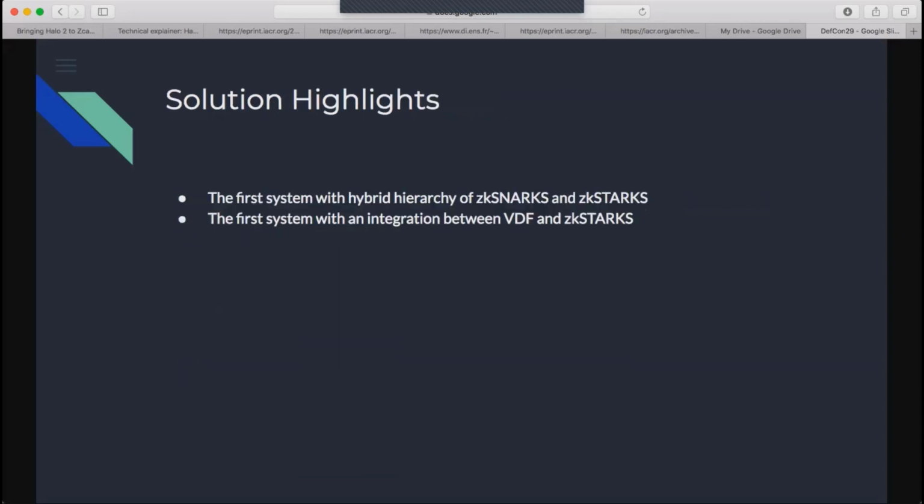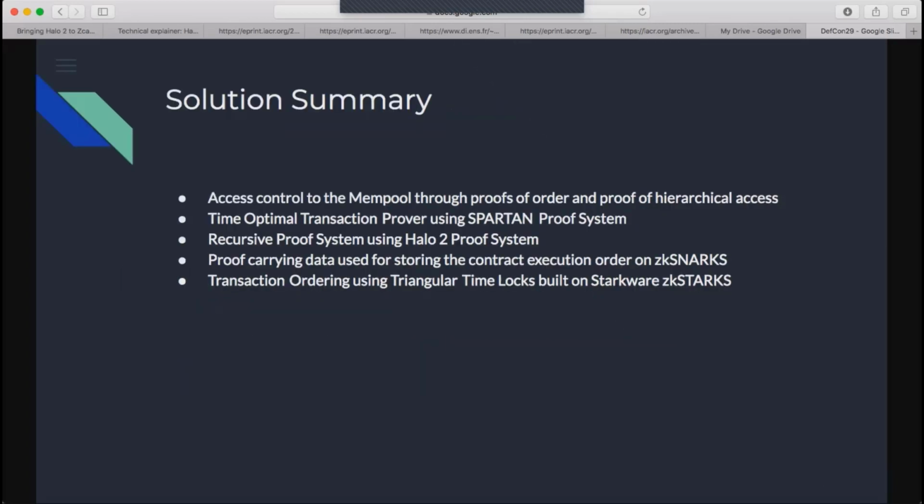Moving on to the next slide. Let us show you the solution summary. The main thing, as you have seen, is that the crux or the fulcrum of the sandwich attack happens on the mempool. So the access control to the mempool will be through proof of order and proof of hierarchical access. Because we are using recursive recurrent proof, we will be able to generate proof of order of transactions and proof of hierarchical access. Because in the near future, Ethereum is going to use incremental different Merkle trees called Verkle trees,